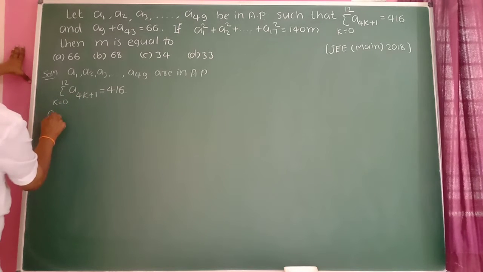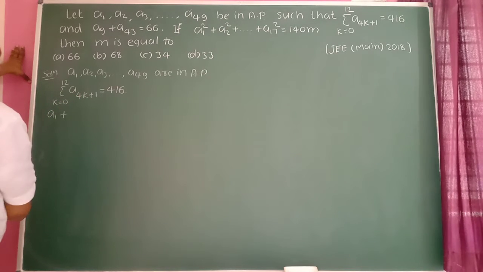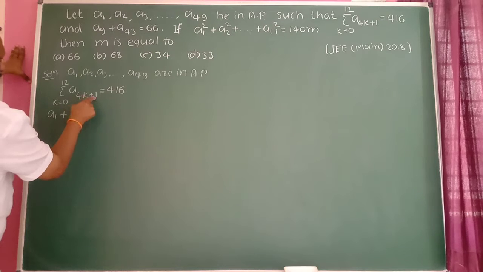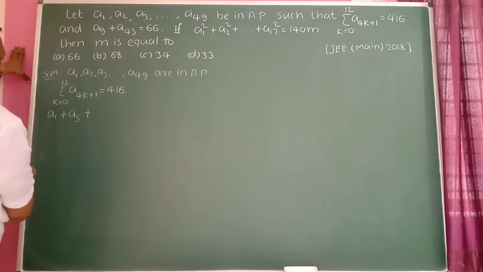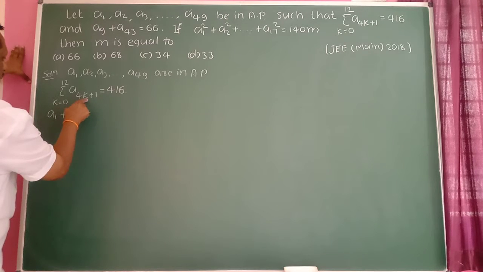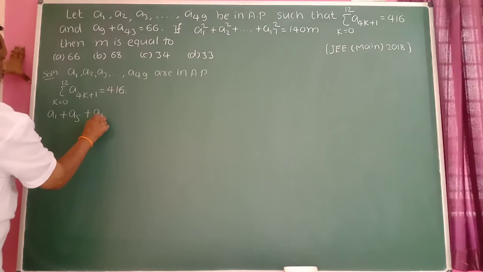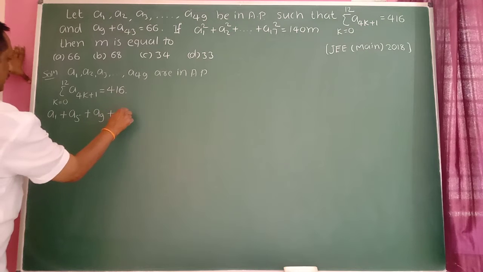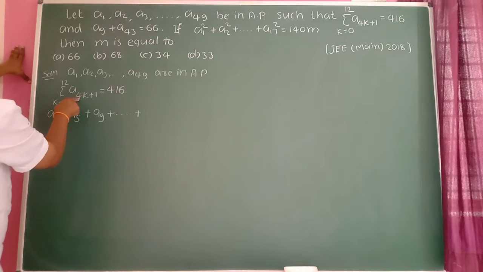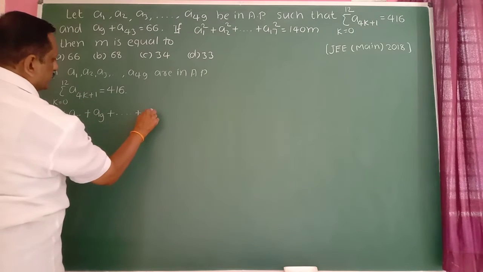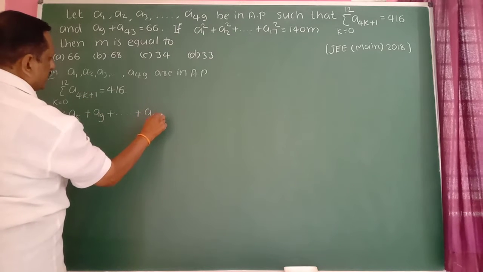So write here A1 plus. Put K value 1, 4 plus 1 becomes 5, so it is A5 plus. Put K value 2, 4 times 2 is 8, plus 1 is 9. So A9 plus, and so on, plus K value 12, 12 times 4 is 48, plus 1 is 49. So A49 is equal to